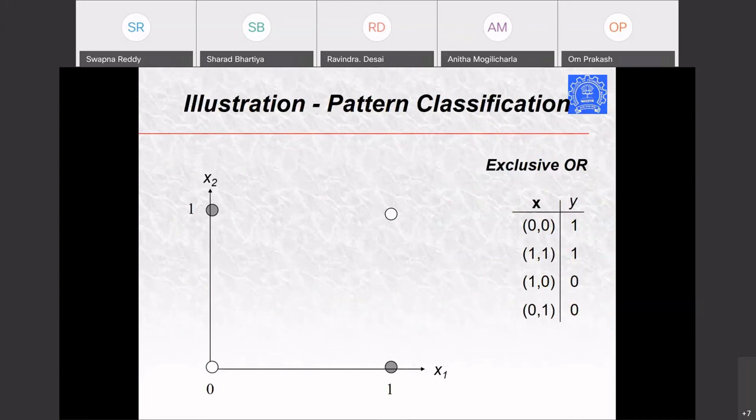An example: you have two different categories. You have 0 0 and 1 1, whose target is 1, and you have 1 0 and 0 1, whose target is 0. So you see, these two belong to one class, and these two belong to another class. Now immediately you will see that these are not linearly separable. You can't draw a single line where the two